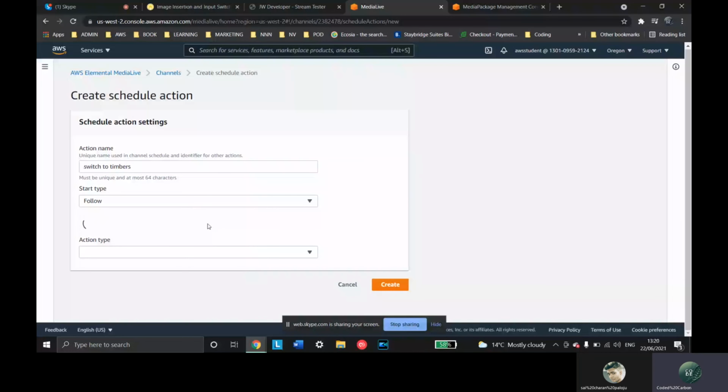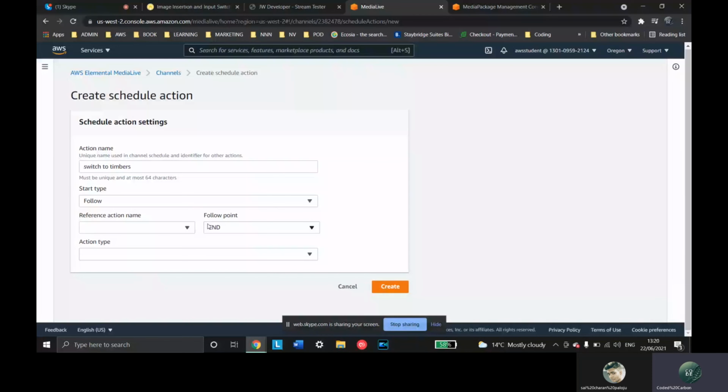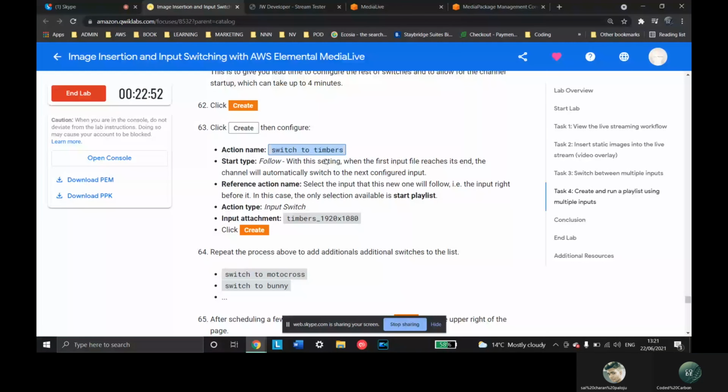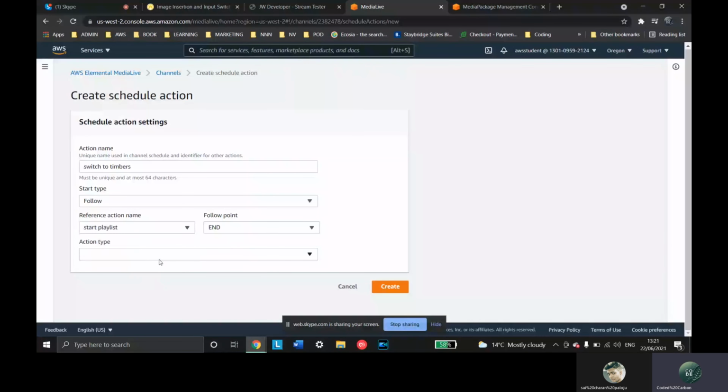Reference action name: select the input that this new one will follow. The only one at the moment is start playlist. We want to follow the start,